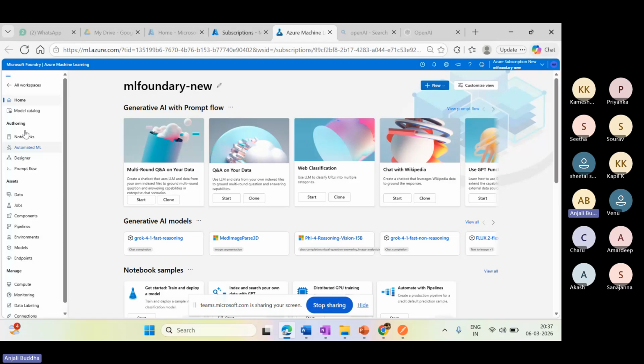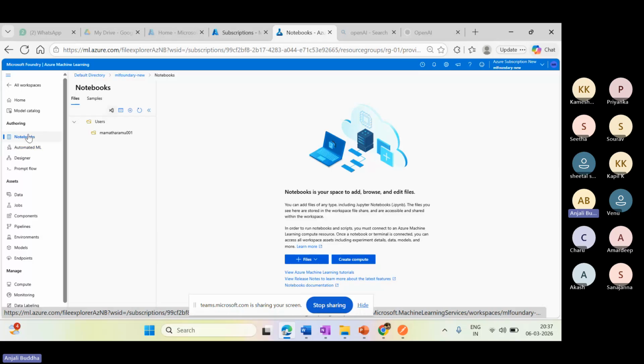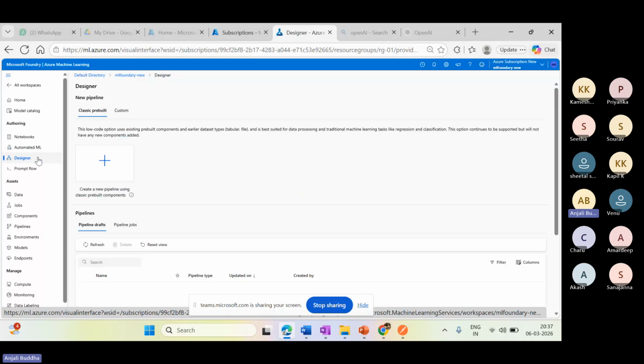There are two ways that we can create our Azure machine learning ML apps. One is notebooks, one is automated ML, one is the designer flow. We will be using the designer flow.